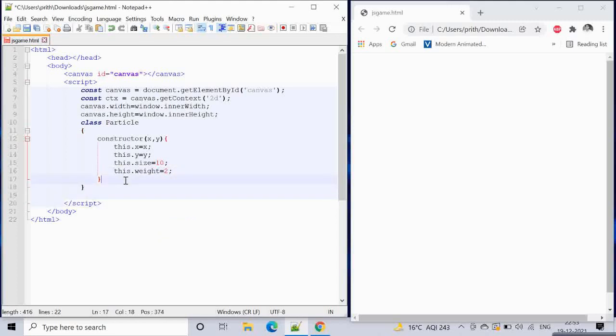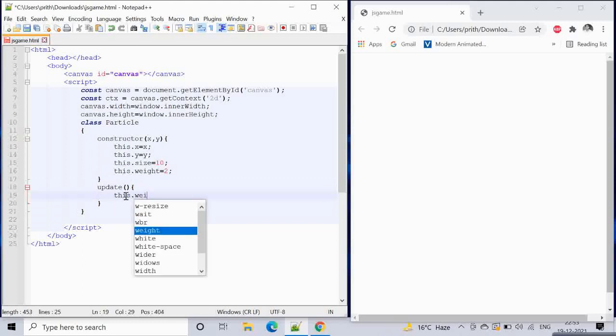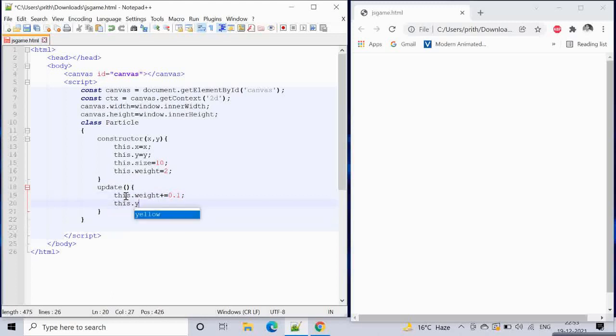And we will have an update method, and what this update method will do is update these values of x and y. So this.weight plus equals, let's say, 0.1, and then this.y plus equals this.weight.